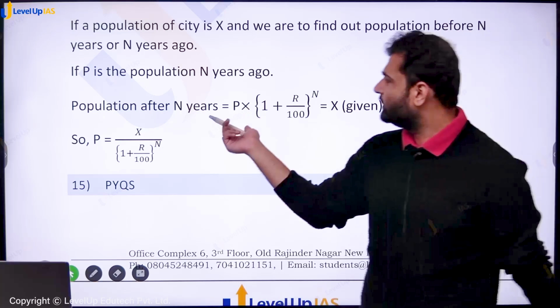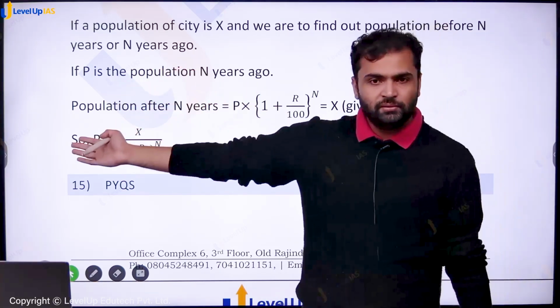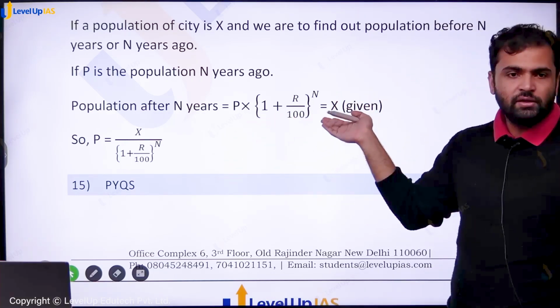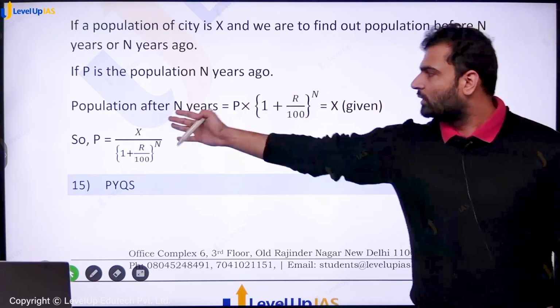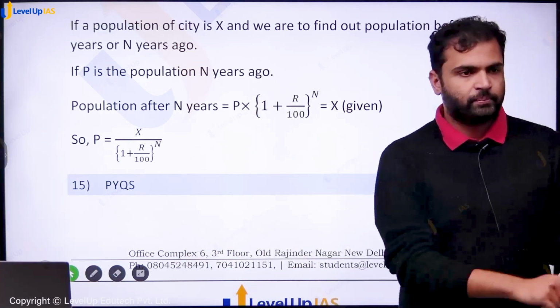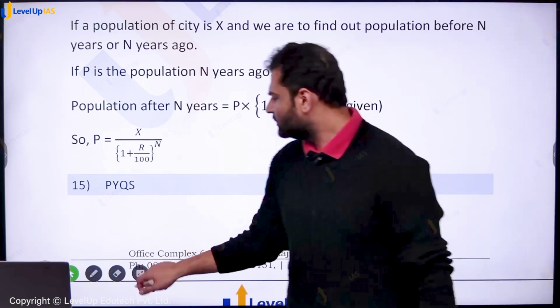If population n years ago is p, then population after n years is p into 1 plus r by 100 raised to n is equal to x, which is given. So p is equal to x divided by 1 plus r by 100 raised to n. ठीक है? इस पे क्वेश्चन कर लो चाहिए तो।